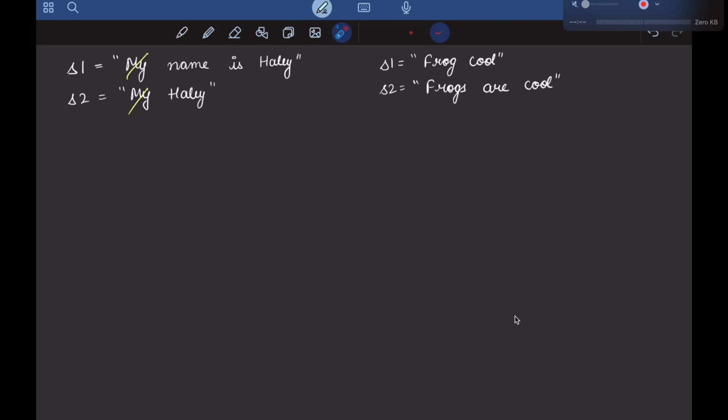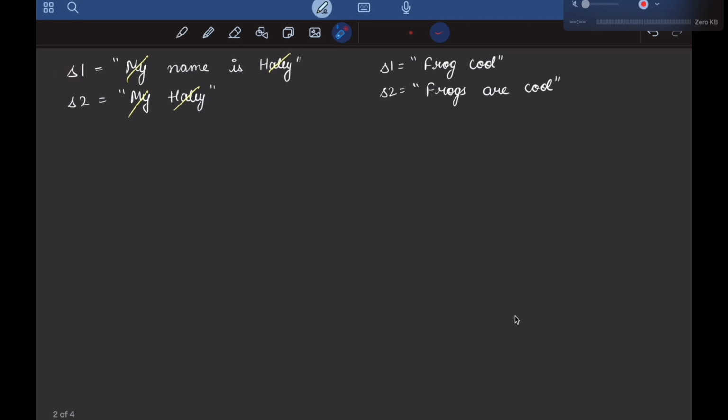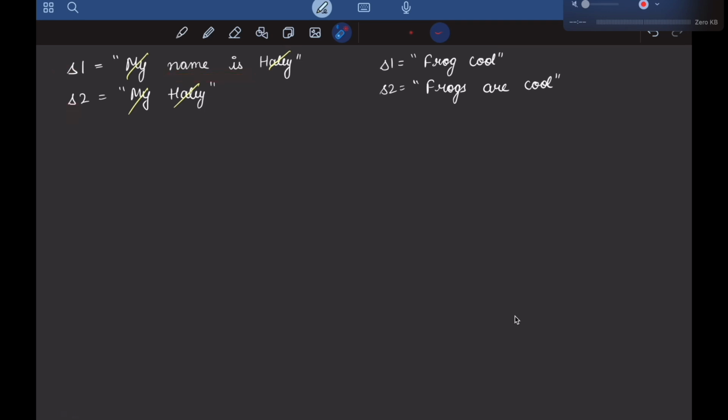Then I'll check from the end. If I start checking from the end, then this Haley and Haley is same, right? So I'll remove that as well. Next it will check "is", and here S2 is already iterated completely, right? So here we are not left with any word that is not encountered yet. So in that case also I will stop. If there was some word here, let's suppose XYZ, then this will be compared with XYZ, but since they are not similar, I would have stopped there also. So now in S1 we are left with "name is", and in S2 we are not left with anything. So can we say that we can insert this "name is" here and our answer will be true.